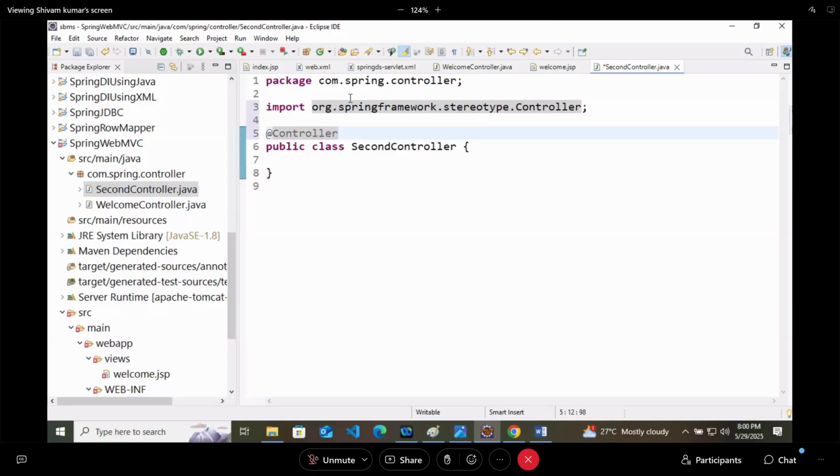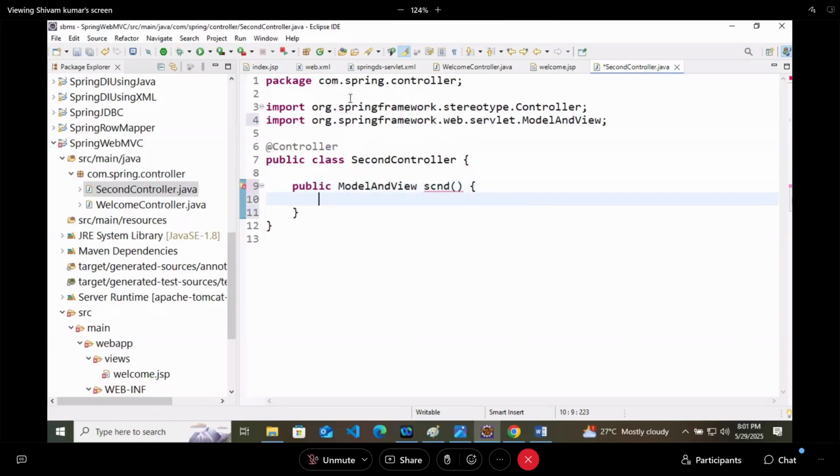And inside this we will create a method also. Method like public ModelAndView second. You can create anything actually. And here we will create the object of ModelAndView: ModelAndView mv equals new ModelAndView. File name I will write here as second, and we will return this mv. Very simple, like last time only we are doing simple thing.